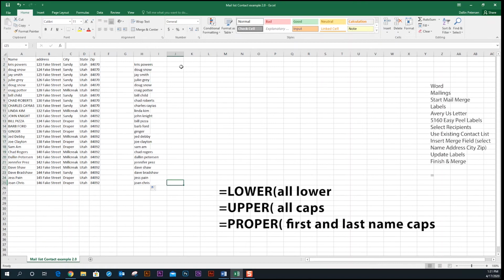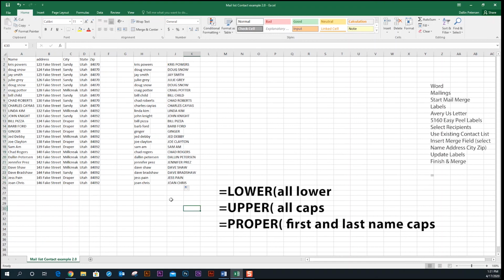Let's say we don't want lowercase, we want uppercase. We can do the same thing. Equal sign, upper, tab to complete, select the data, hit enter, and then drag down. So now everything's uppercase. The one that I want to use though is equal sign proper,